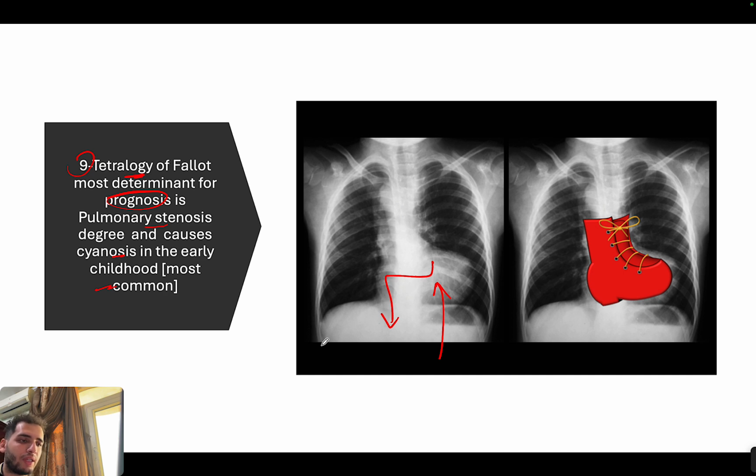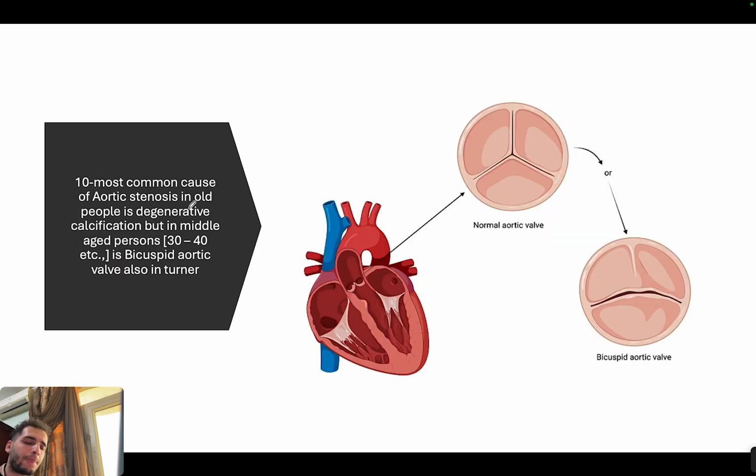Now, in the chest X-ray, it will appear boot-shaped like that, and you kind of need to know the appearance of it, okay? Because sometimes they will give you the chest X-ray and they will ask you to identify it, okay? The other high-yield concept, and the 10th one, is that the most common cause of aortic stenosis in